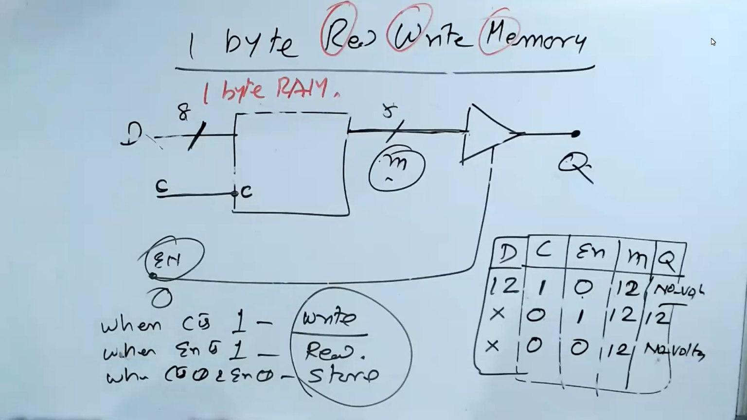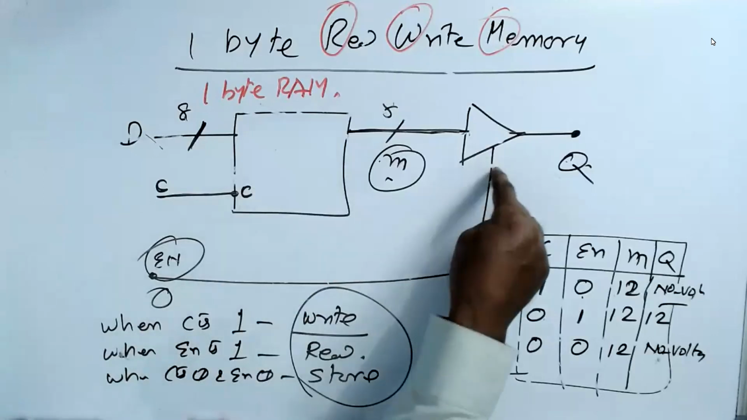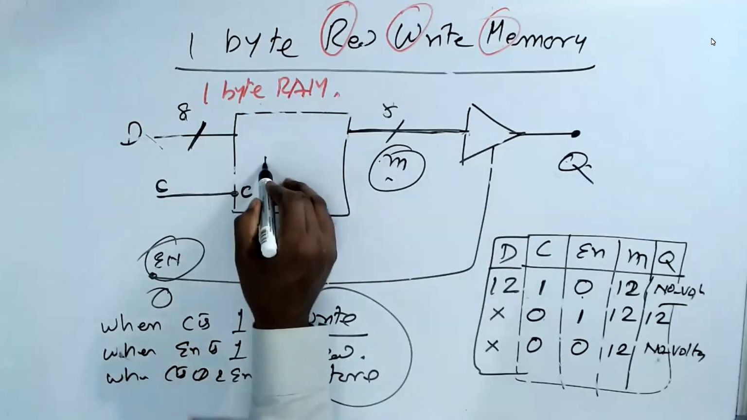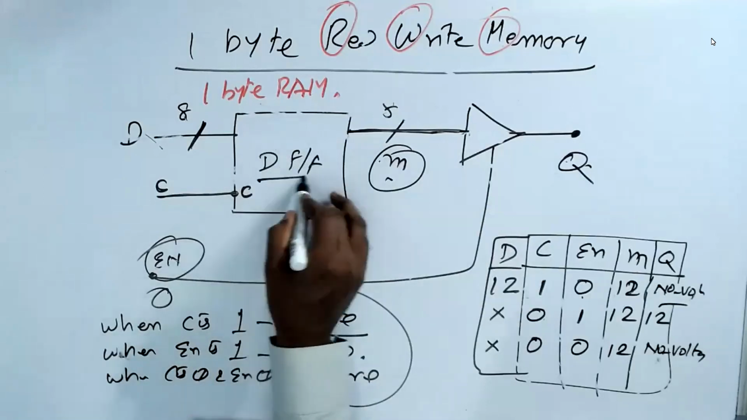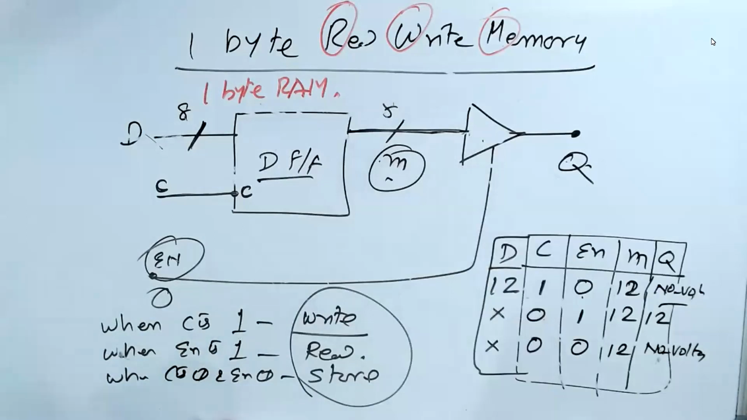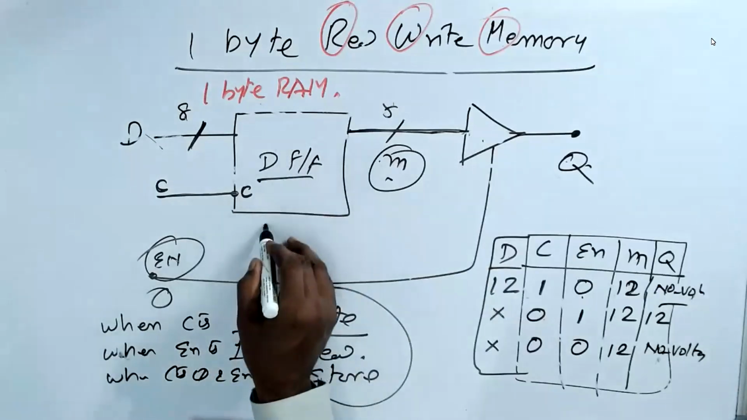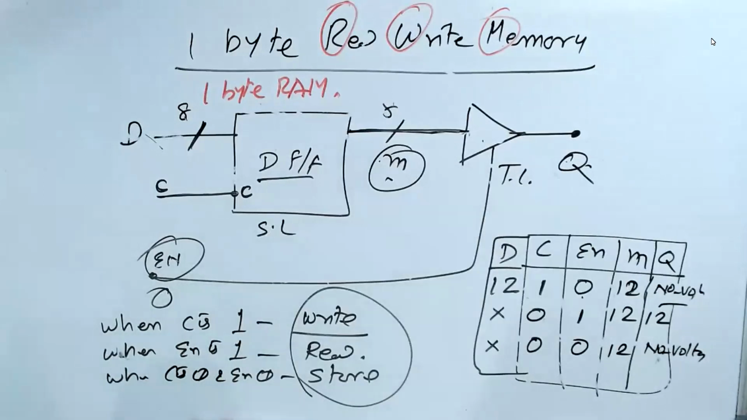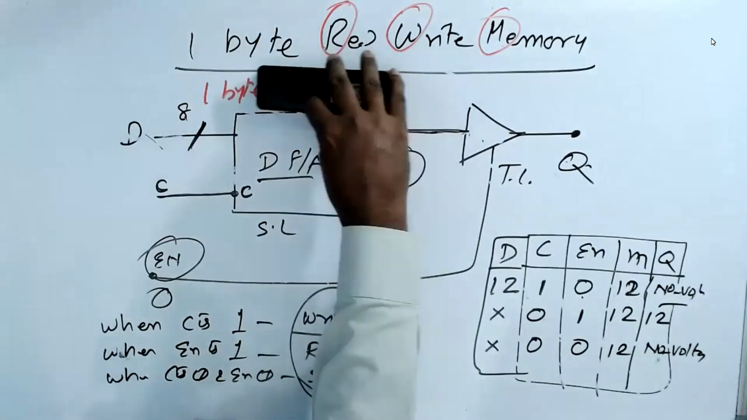Is it clear? So we have done a small application of your D flip-flop under tri-state. I hope this is clear. This is D flip-flop and this is tri-state. We have used them. This is the sequential logic, tri-state logic. But later they found out that the whole logic,